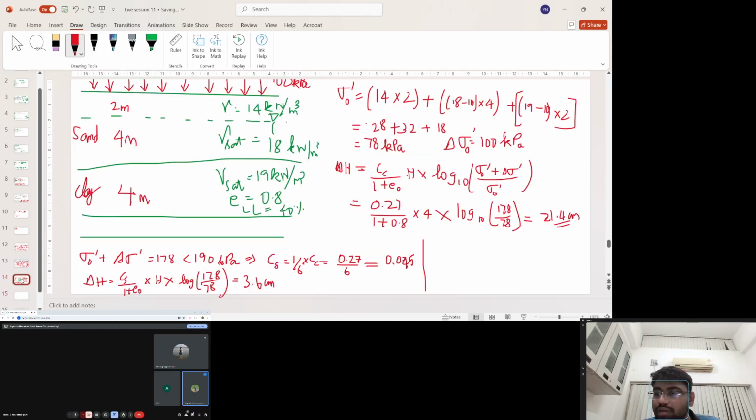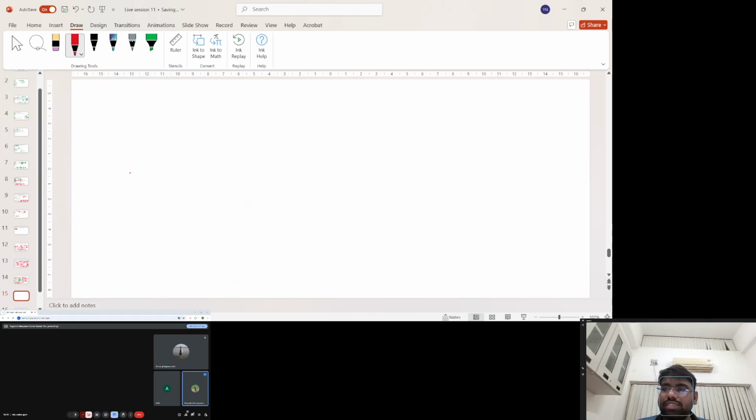Since the formula difference is only Cs and Cc, I cross-checked with the answer directly. The 21.4 that we got as the settlement for NCC, if you divide that directly by 6, we get the same answer, no sir? Yeah, that you will be getting. We can do it like that also? Yeah, you can do that in competitive exams. Okay. Now the next case is